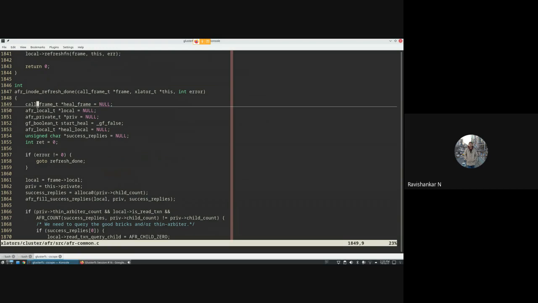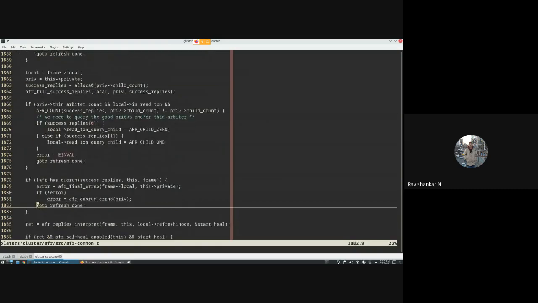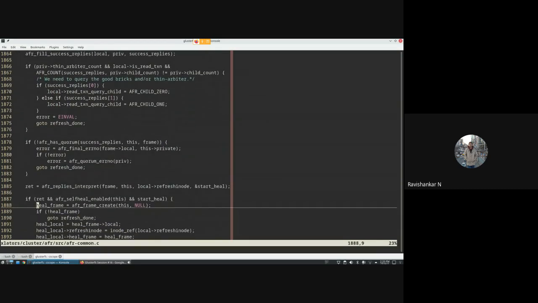Suppose you are writing to a file using an FD, and in the middle one of the bricks goes down and comes up, and subsequent writes also happen. Then we know that one of the bricks is bad, but that realization will happen during the next lookup. When you do an inode refresh, it will get maintained in the inode context, saying which is good and which is bad. So as a part of refresh done, we will trigger this background self heal also.